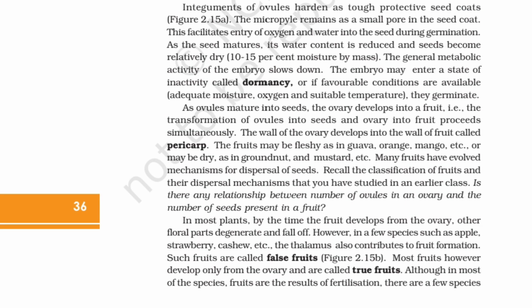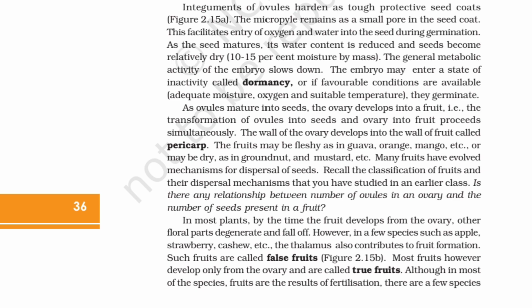Integuments of ovules harden as tough protective seed coats, figure 2.15a. The micropyle remains as a small pore in the seed coat. This facilitates entry of oxygen and water into the seed during germination. As the seed matures, its water content is reduced and seeds become relatively dry, 10 to 15% moisture by mass. The general metabolic activity of the embryo slows down. The embryo may enter a state of inactivity called dormancy, or if favorable conditions are available, adequate moisture, oxygen and